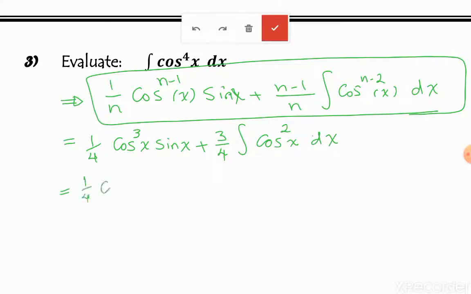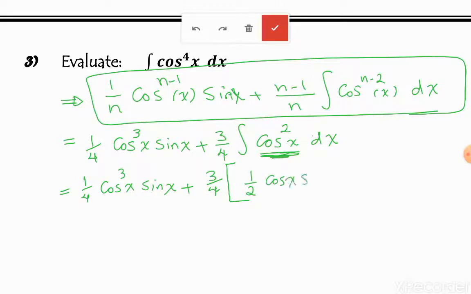Equal 1 over 4 cosine to the power of 3x sine x, stay the same, plus 3 over 4 as a constant, and then cosine squared of x. We can use an identity here, or we can apply this rule again. What is this rule? This one. 1 over n cosine n minus 1 of x sine x plus n minus 1 over n integral of cosine n minus 2 of x dx, again here in this part, which is here 1 over 2